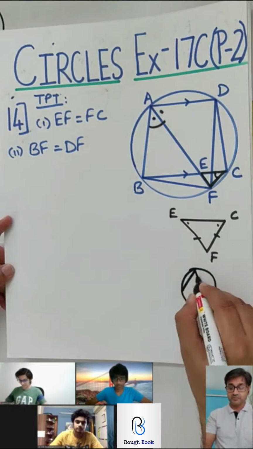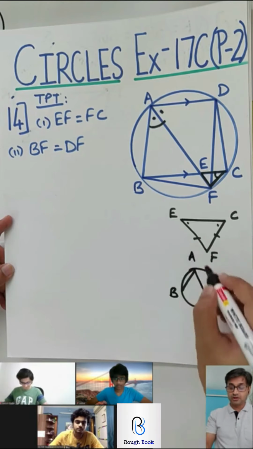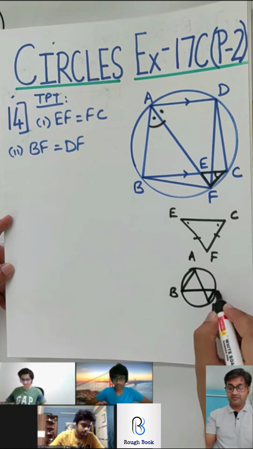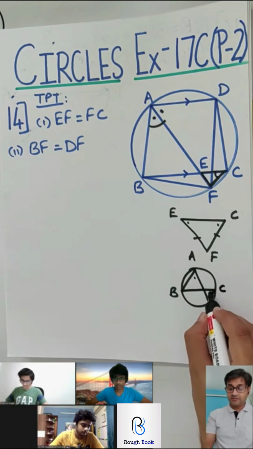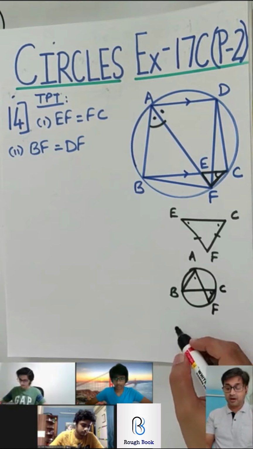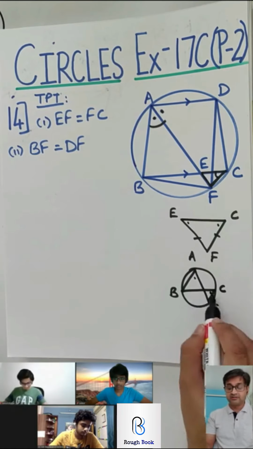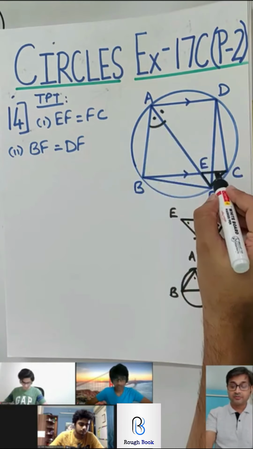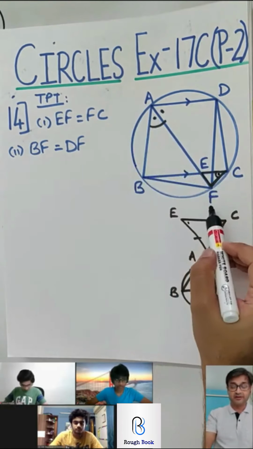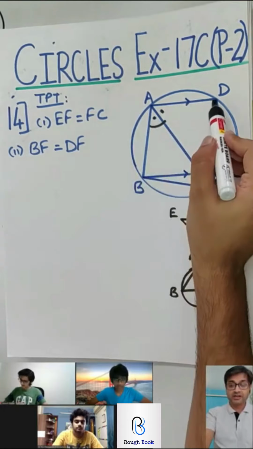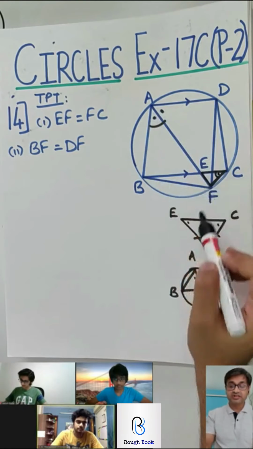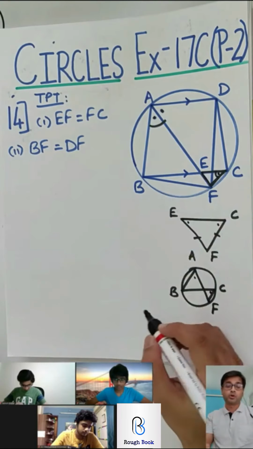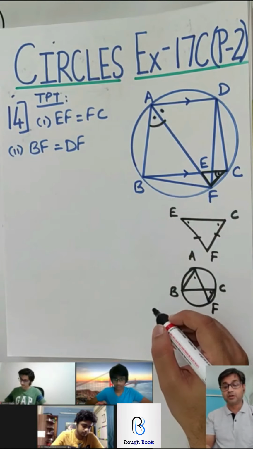So if you look at it carefully, BAF is one angle and BCF, both angles are basically inscribed in the same arc. So at least these two angles that we can identify are equal to each other. So one dot becomes equal to the other dot, that is BAF and BCF. Now can we connect DAF to CEF somehow? And the lines are parallel. That's one of the clues if you can pick up, that is AD parallel to BC.